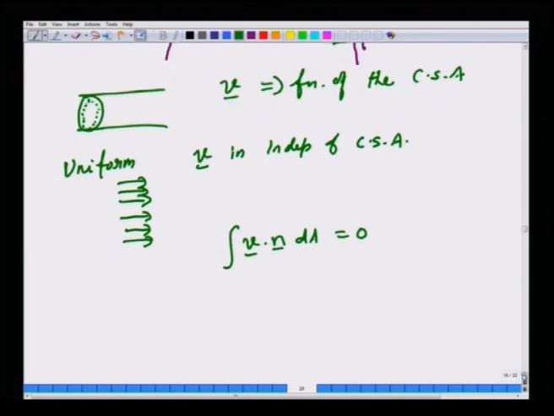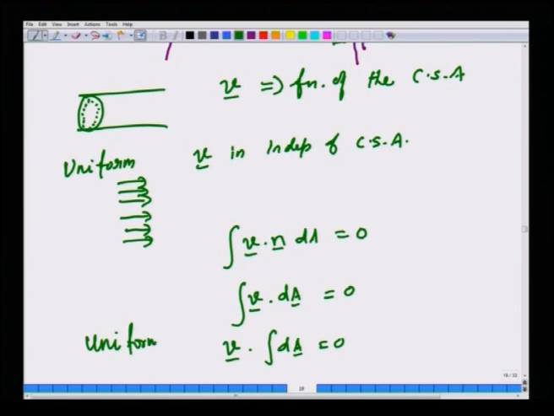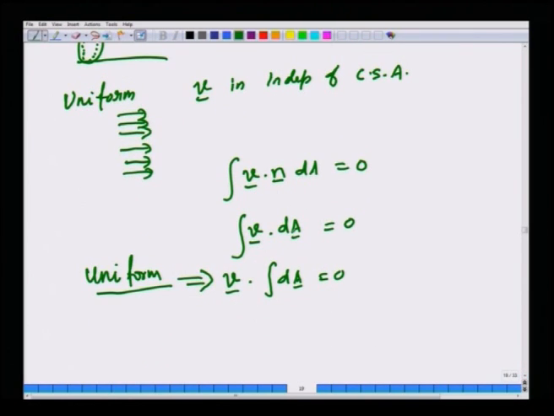If V is a constant, this can also be written as V dot dA is 0. If you are assuming that V is a constant, it can be pulled out of the integral. This is only for the uniform flow approximation, where velocity is independent of the cross sectional coordinates, so you can pull it out. So, the integral over dA of the CS is nothing but the area of the CS. So, V dot A is 0, but remember that